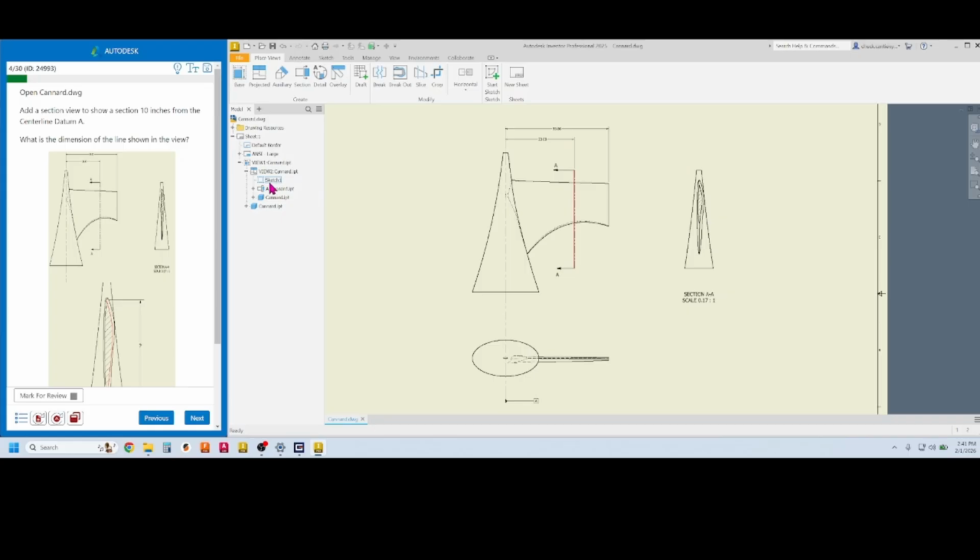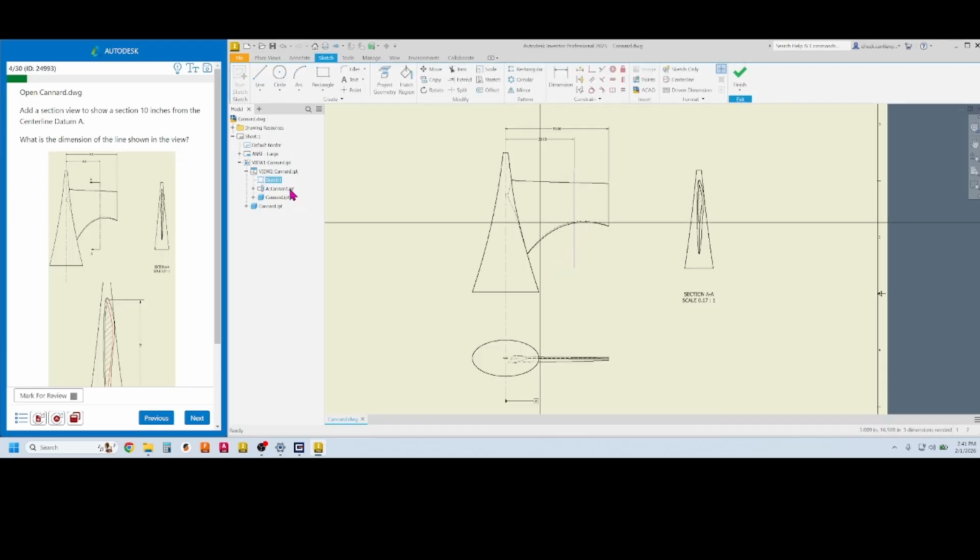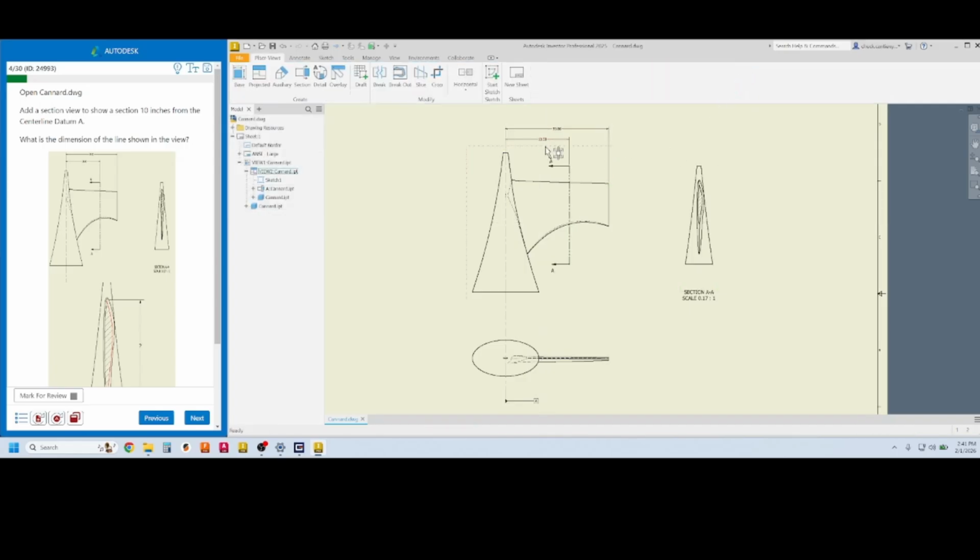See that sketch right there? If you hover over that, you can see the red line pop up over here. So I'm going to double click that sketch, and I get this line, which I can move. I can just grab it and move it. Now when I move it, it doesn't look like that dimension updates. But if I come up here and finish the sketch, that dimension moves over, my section updates, and so that's